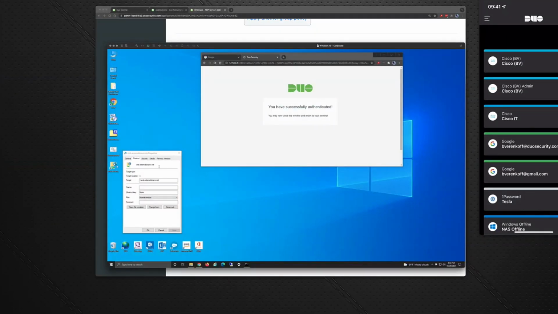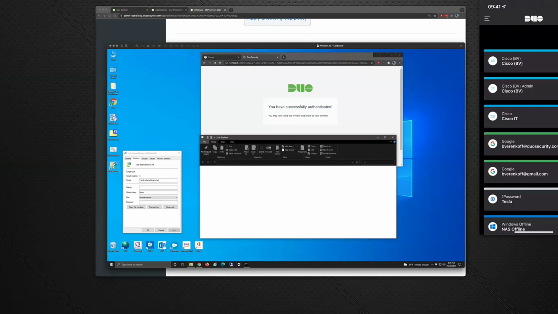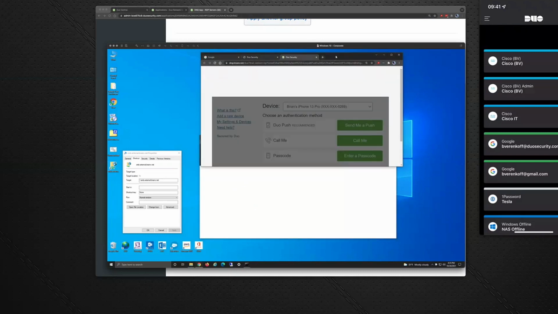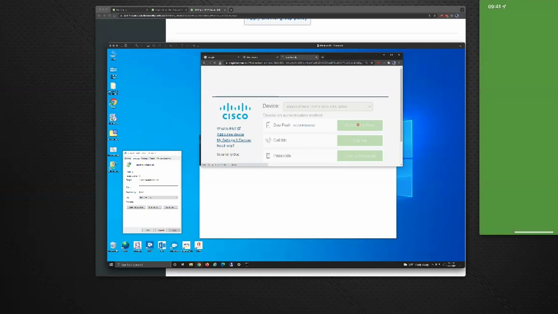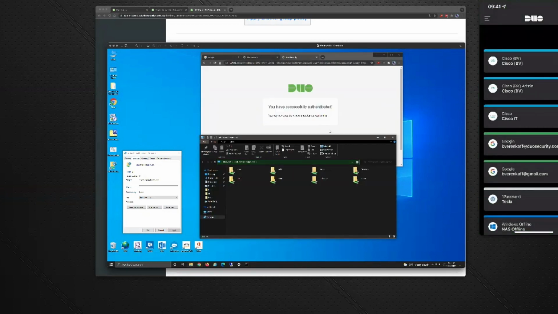I'll do one more, and I just have a shortcut on my desktop to /smb external.brianv.net, which is only detectable on this machine that knows about the DNG. But when I double click on this network share shortcut, you can see it's a blank page in the back. I'm going to do the push again. I'm going to do Face ID. And then the second that goes through, we open up the tunnel through the DNG, and we have mounted a